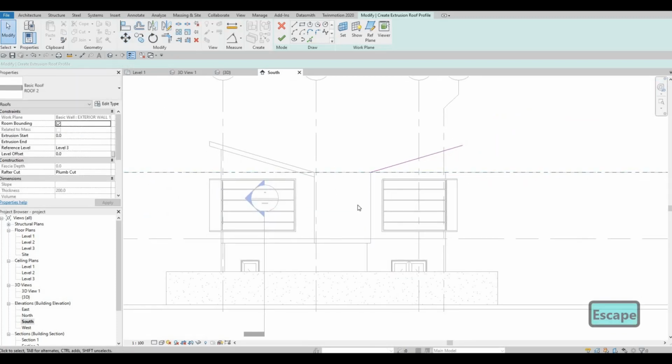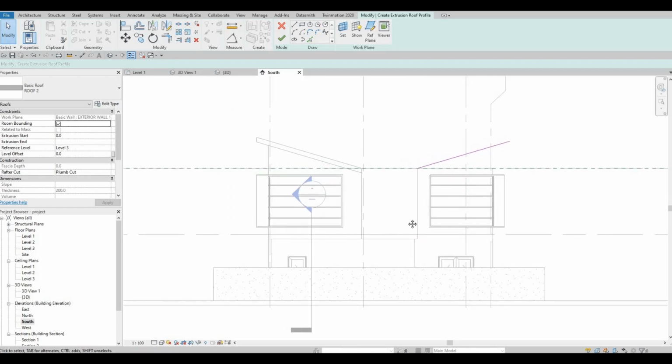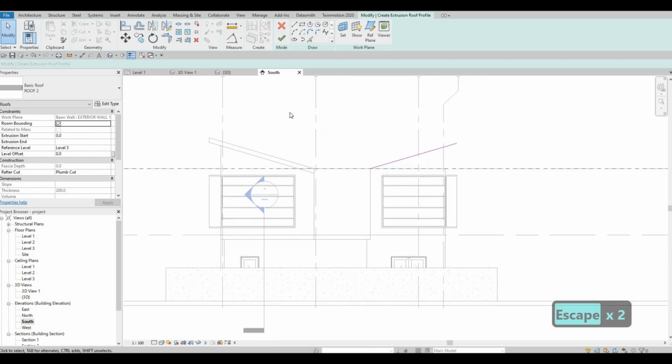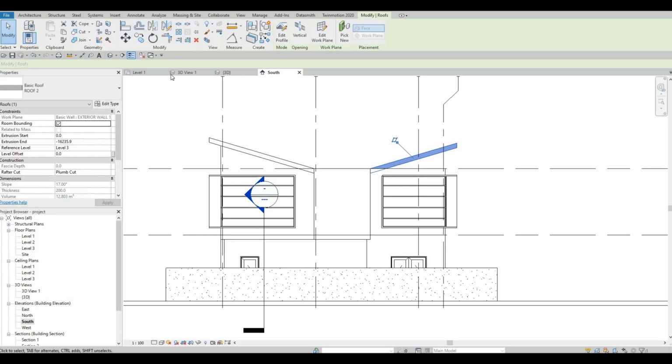We could extend this one so that the look is nicer, and it's up to you if you want to align it right here, but just to be consistent, let's align that. Click finish and go to 3D view,